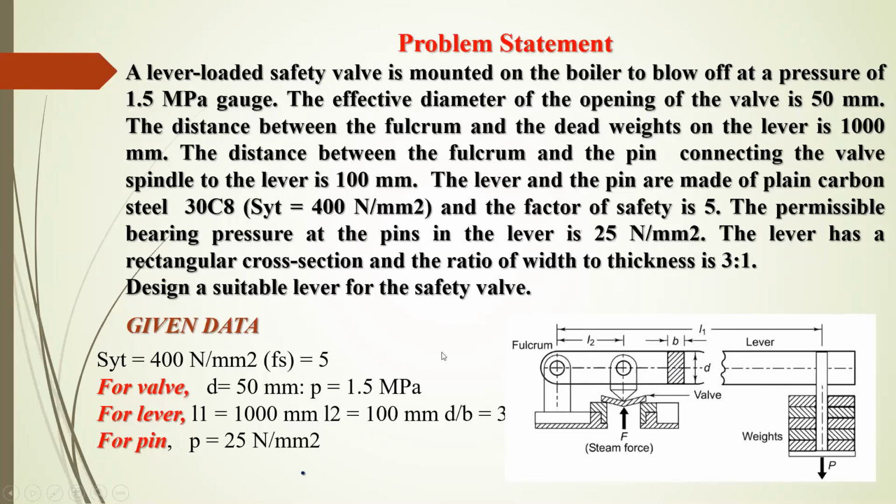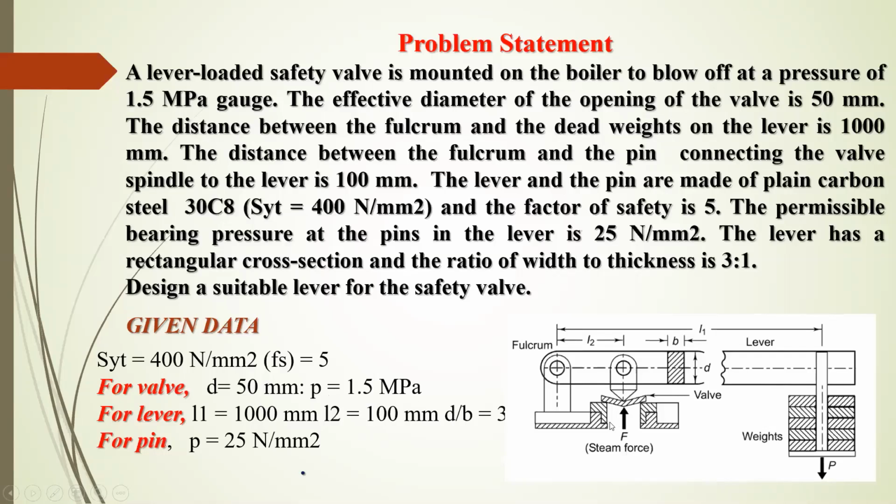Then we have to design the lever. We have to find out all the dimensions of that lever arm as well as this pin. So this is nothing but the given data we discussed. SYT is 400 Newton per mm square. Factor of safety is 5. Then for the wall, small d is 50 mm and the bearing pressure on the wall is 1.5